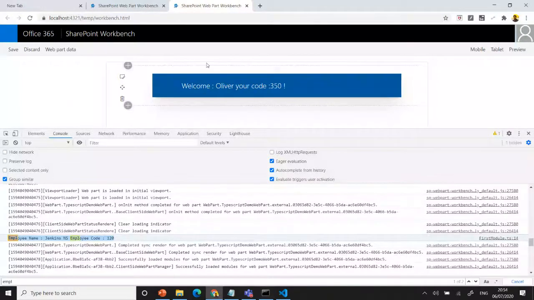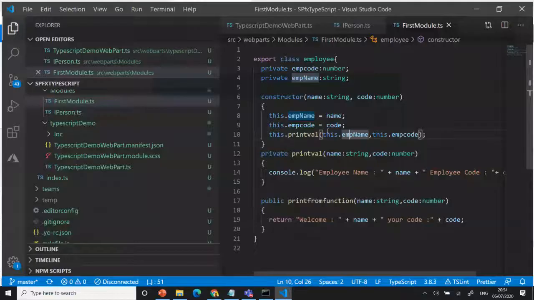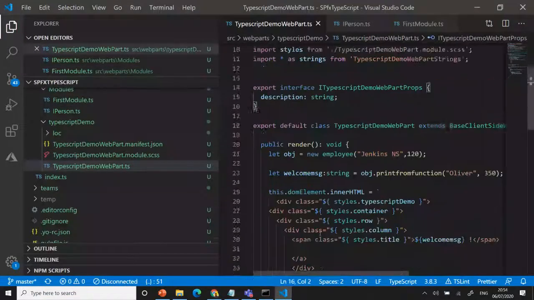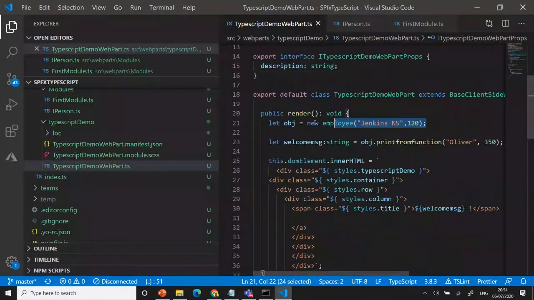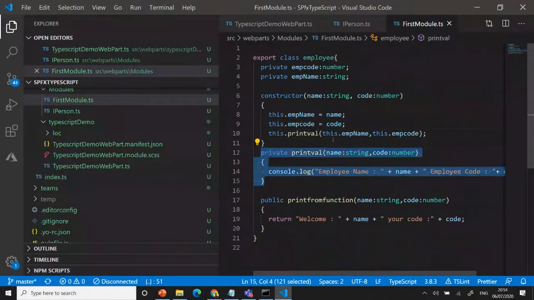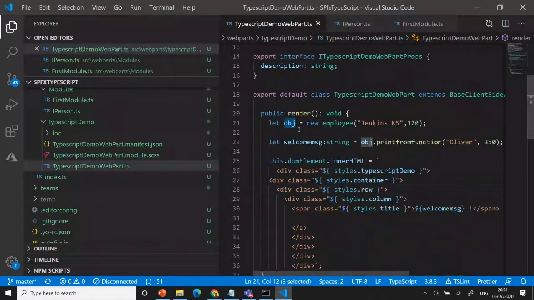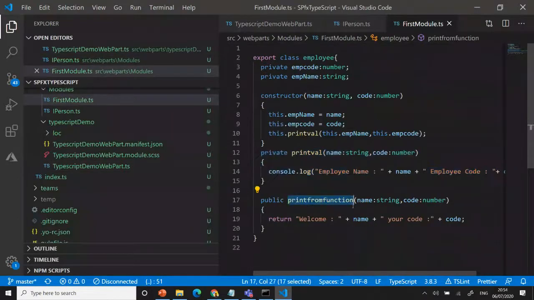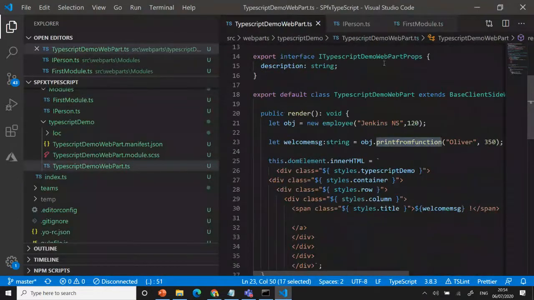And now I'm creating a new object here, the same type of thing we do in .NET, C#. Only the object is created and we send the value. It will call the private method and we get the output. The second one I'm calling from here, using this created object by calling the method. That's the print function. I get the value and it prints the value in my web part, right? I can use this return, whatever return message you pass here, I get the value. That's a welcome message, right?